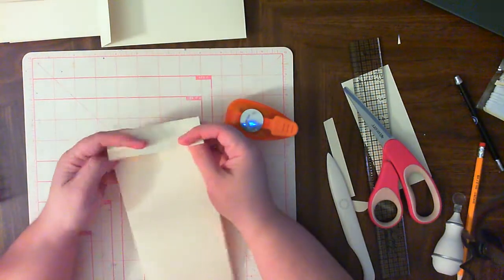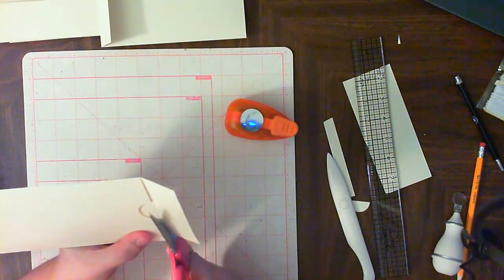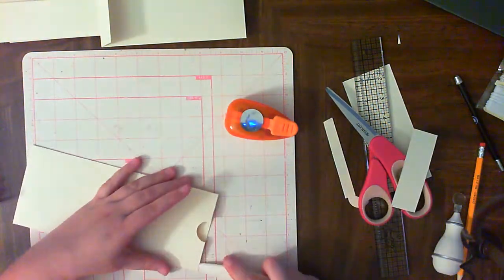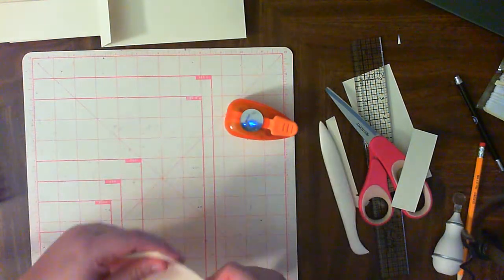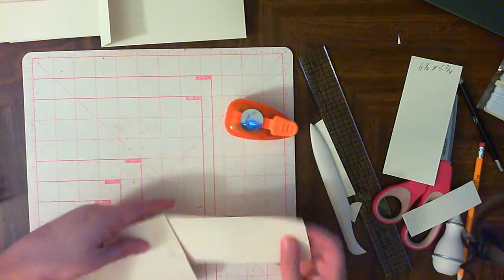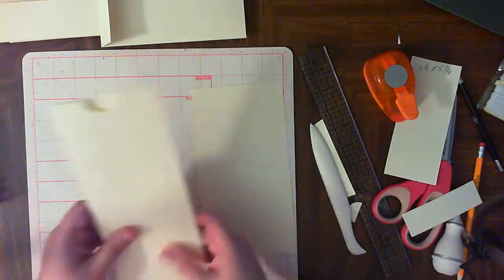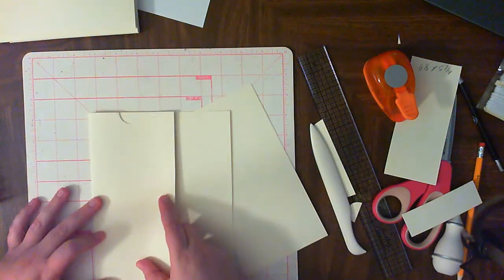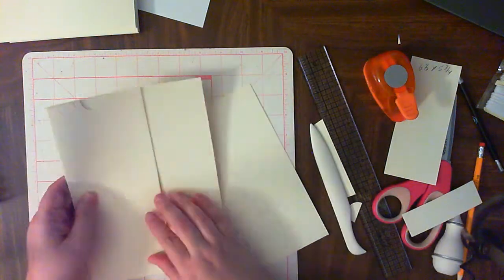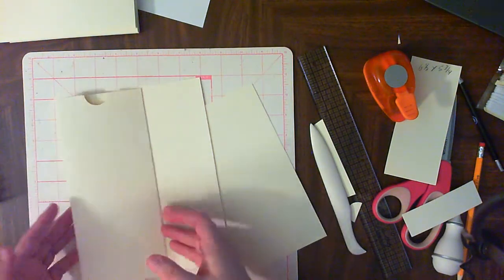that part down. And now I think I'm not going to keep this part on here. I think what I'm going to do is add my own flap because I want a bigger flap. So I'm just going to cut that off and make my own. Just take a piece of paper here like this. There we go. This one will work. And then there we go. Now we have a nice long envelope for love letters or what have you